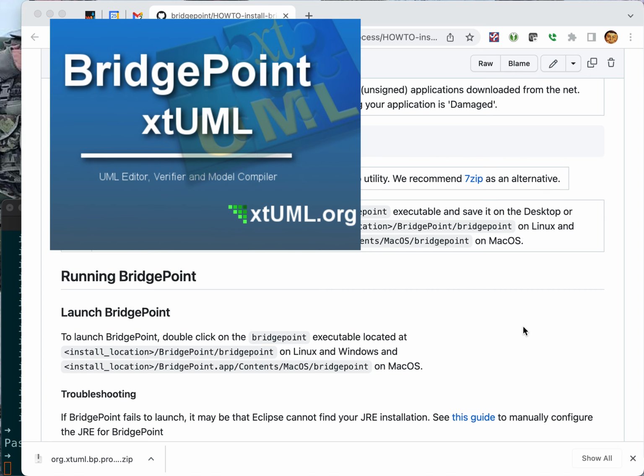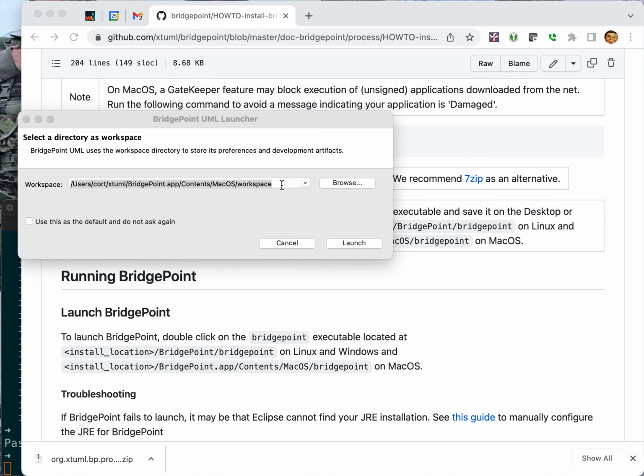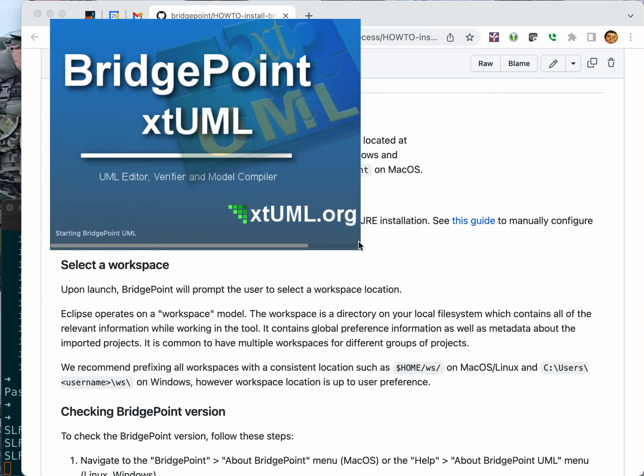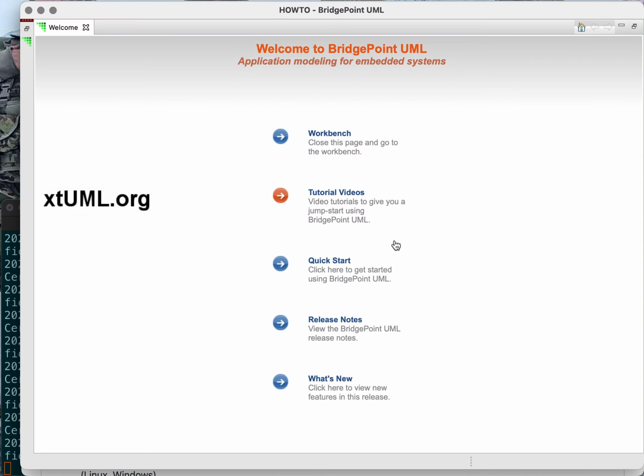And so now BridgePoint is up, and it's going to ask me for a workspace. So I'm going to go into my home folder to the recommended spot, workspace, and create one called HOWTO, launch BridgePoint. And it'll give me a new workspace. It automatically puts me into this